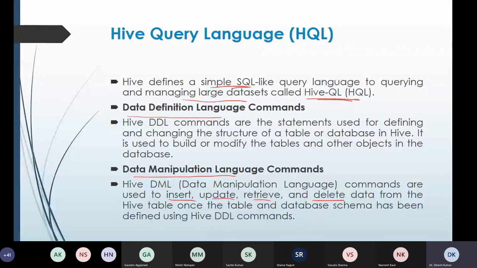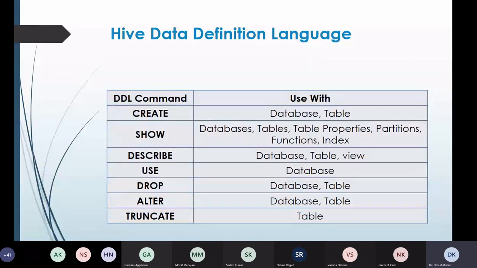First of all, let us go with the data definition language. Here we have different DDL commands like create, show, describe, use, drop, alter, and truncate. With the help of the create command, we can create a database and a table.